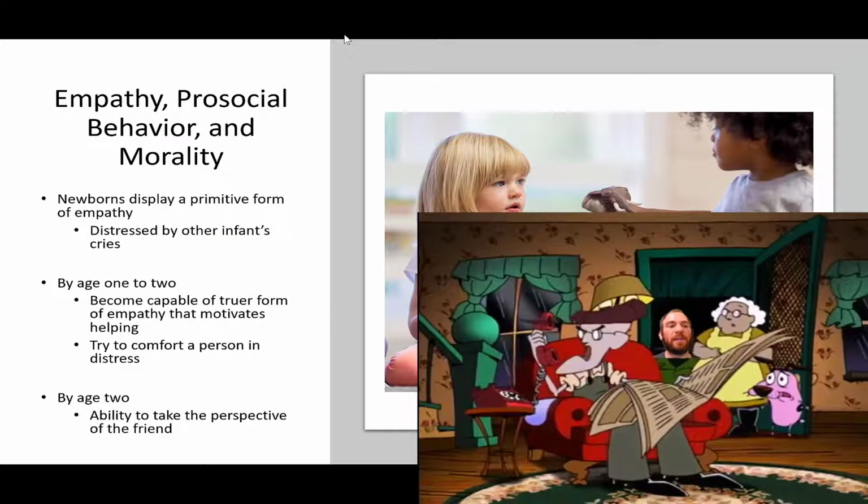And skipping ahead to empathy in newborns. Newborns display a primitive form of empathy. They are distressed by other infants' cries. By age 1 to 2, they become capable of truer forms of empathy that motivates helping and trying to comfort a person in distress. By age 2, the ability to take the perspective of a friend. So this idea that through time, by understanding other people have feelings, emotions, and attentions, and because they also are empathetic,